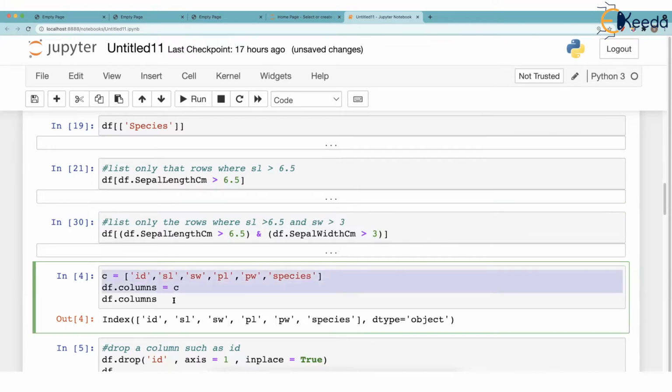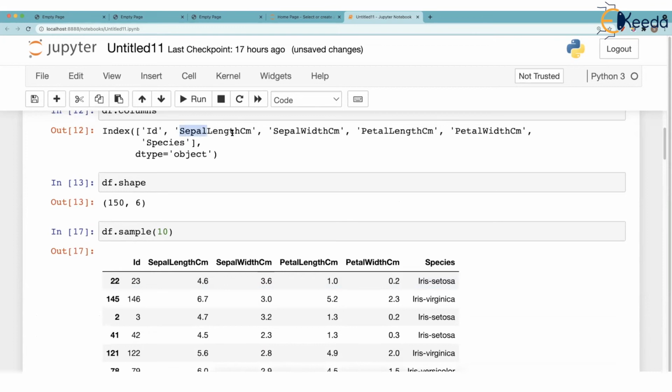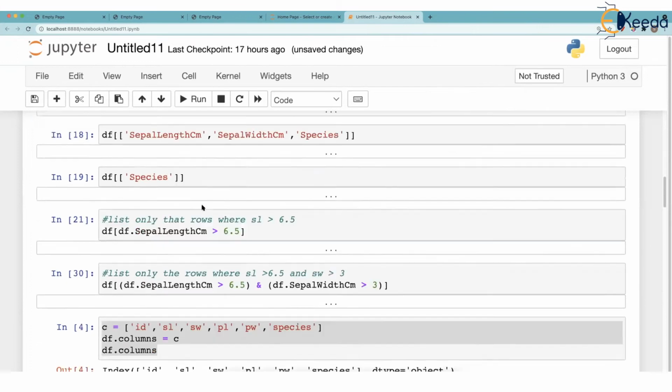I think last thing we saw was how do you rename the columns. You see, the column names are very lengthy and it's very boring to always write such big column names whenever we want to write any query. So how about naming this sepal length as SL, sepal width as SW and so on, and ID as ID but with small i, and species as species but with small s. Let's say we want to rename this. So very simple method we saw.